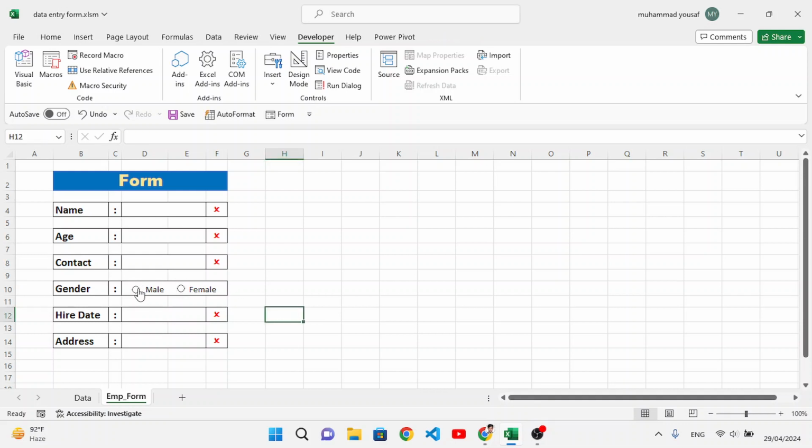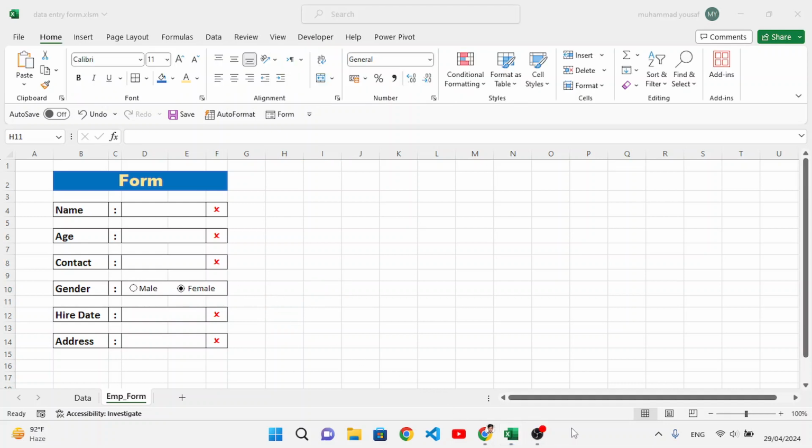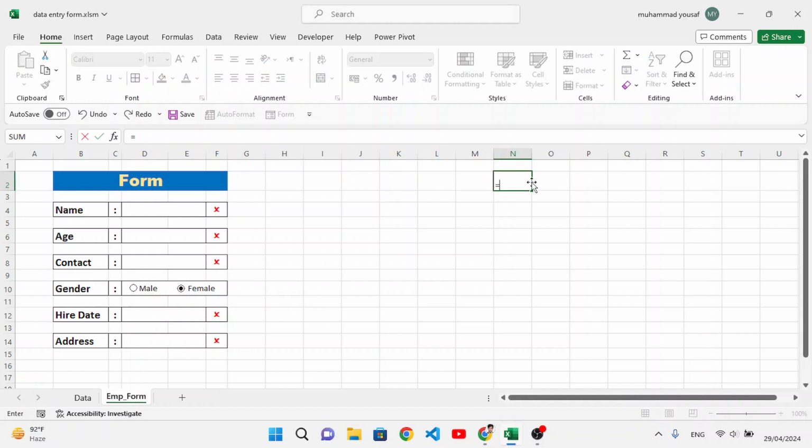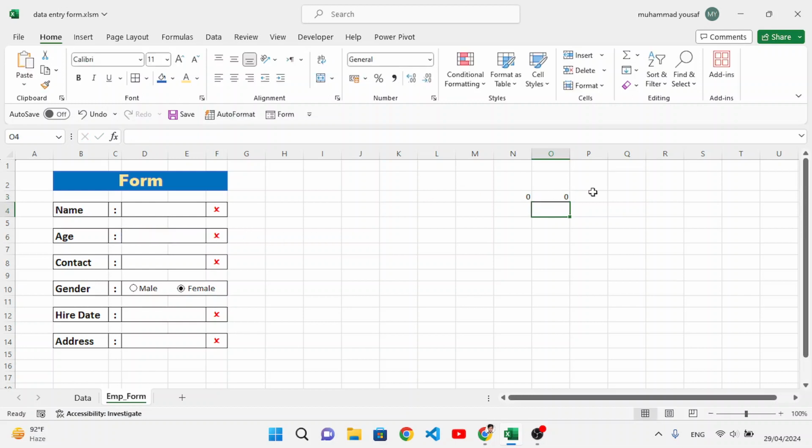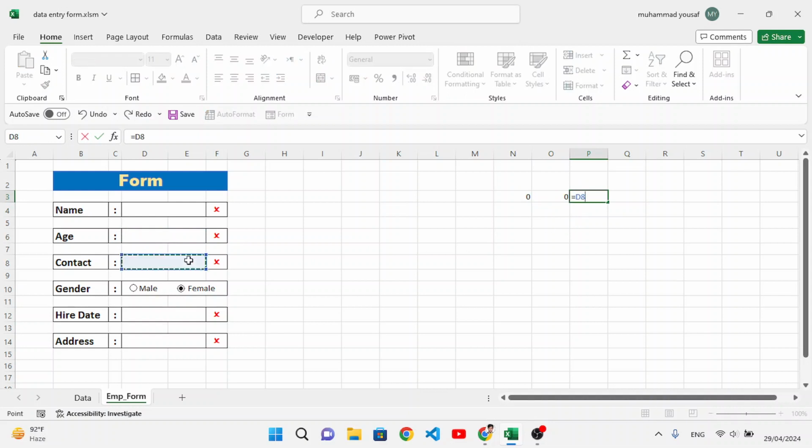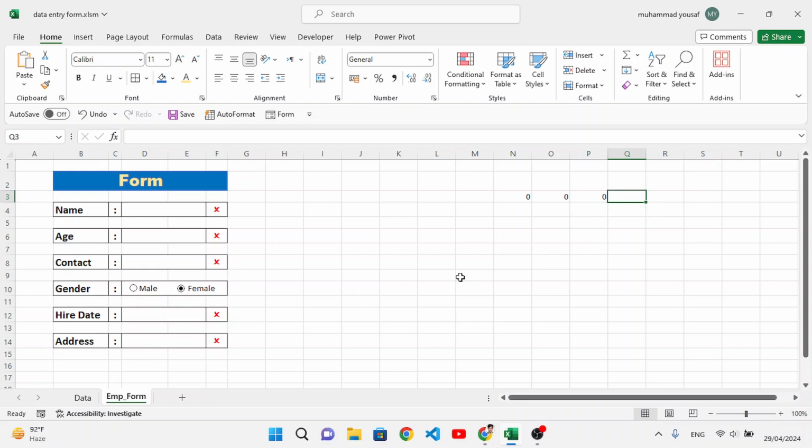This is our gender. Okay, let's select it, or select this one. So now let's print this data in these cells. The data of this cell will be equal to this cell. Sorry, this one. Press enter, and equal to this cell, enter, equal to this one, contact, press enter. And here, to print the value of gender, let's first of all write in this cell equal to